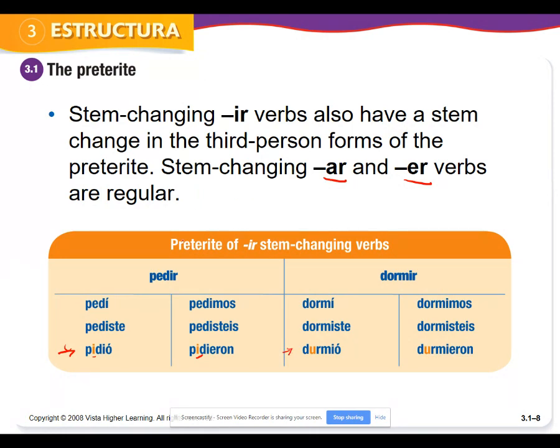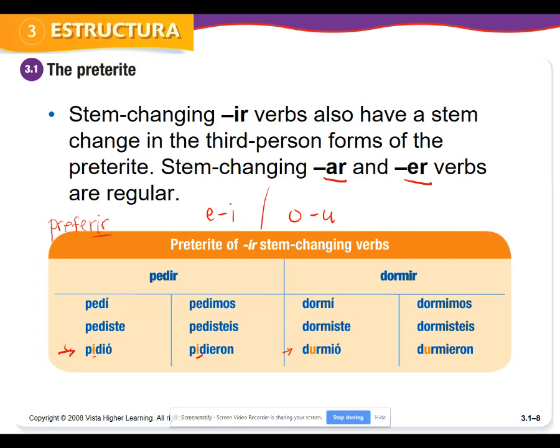And in the preterite, your stem changers, there are two categories. You're going to have E to I or O to U. These are your two categories of stem changers in the preterite. So I would stop the video and make sure that you were writing this down. If it was an E to I stem changing verb, it's E to I now in the preterite. If it was an E to IE stem changing verb, it's going to fall under this E to I category. So verbs like preferir.